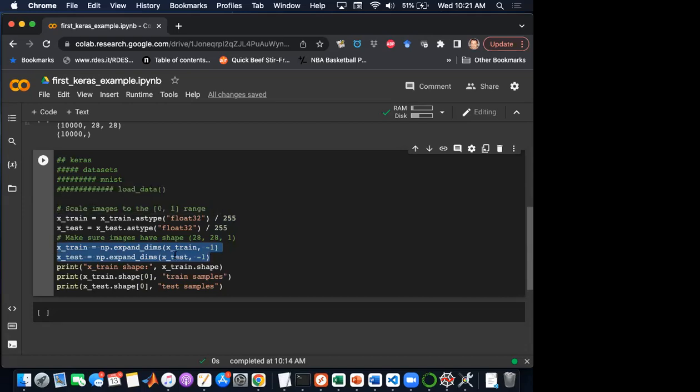This is just expand dimensions. It's just to make sure that our